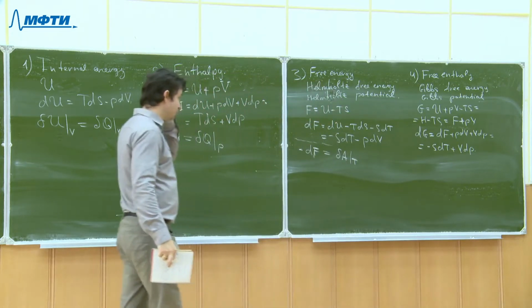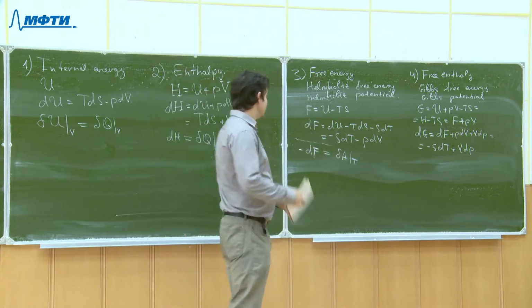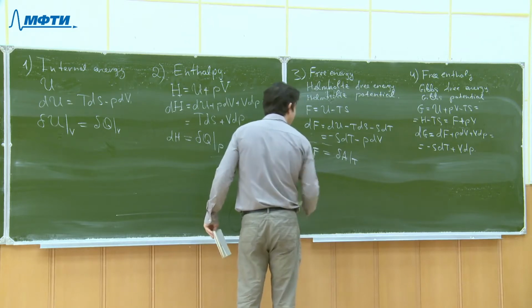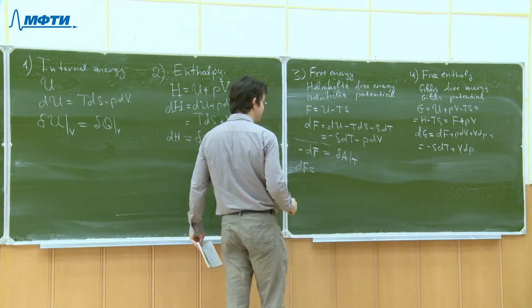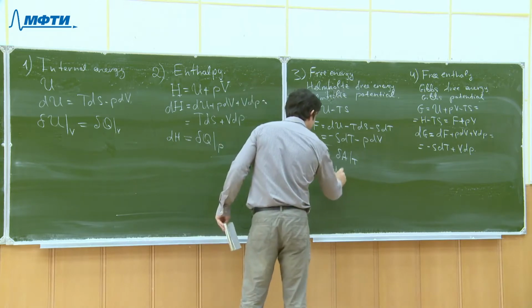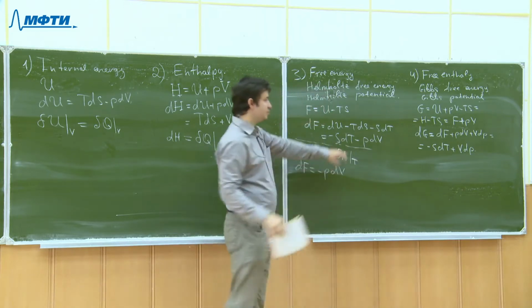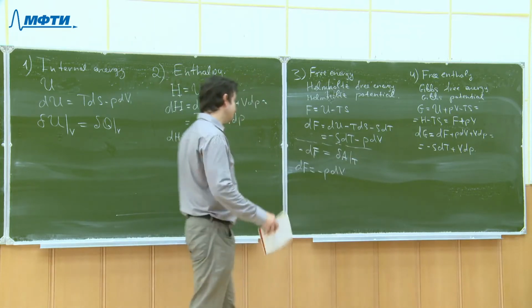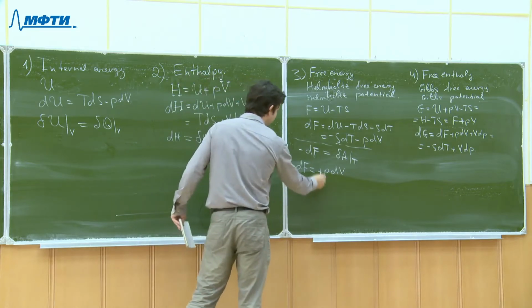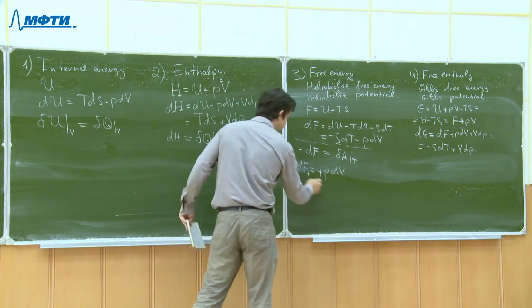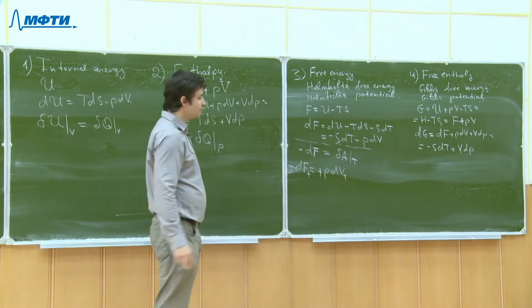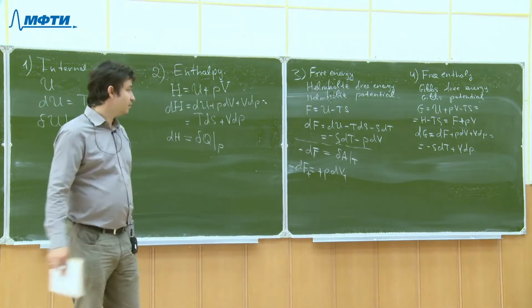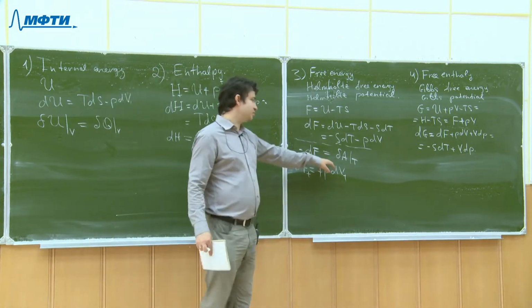So let's look at this further. If I have a constant temperature, then my dF would be exactly equal to minus PdV, according to this one. I just assume that dT equals 0. So that leaves me with minus PdV. So that would mean that minus dF equals PdV at a constant temperature. And that is actually exactly the amount of work done by the system. But that is valid only for